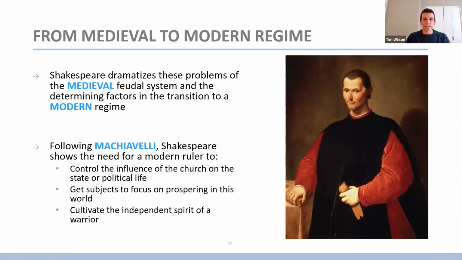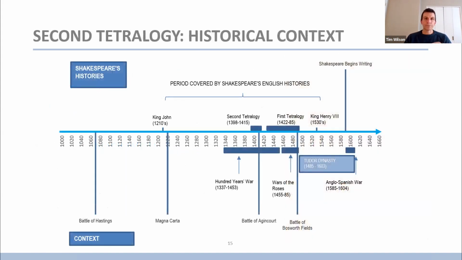So Shakespeare dramatizes these problems of the medieval feudal system and the determining factors in the transition to the modern regime. He kind of follows Machiavelli and shows that what we really need is to control the influence of the church and get the subjects to focus on prospering in this world and to cultivate the independent spirit of the warrior. Here's a timeline that I also used in the introduction to the histories, but just as a reminder,